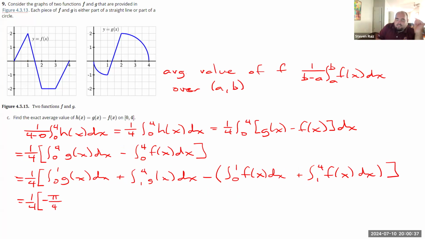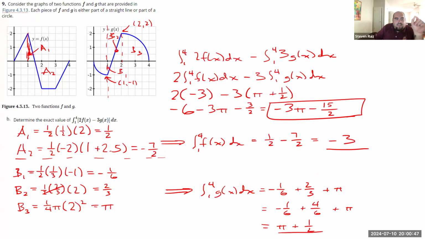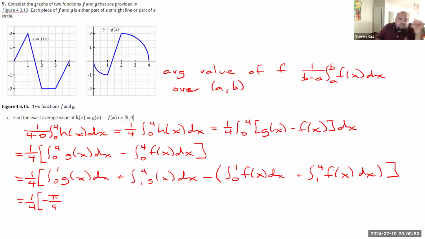Let's just go in order from left to right here. What's the integral from 1 to 4 of g of x? That came from part B. We said the integral from 1 to 4 of g of x was pi plus a half. So plus pi plus 1/2